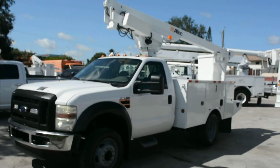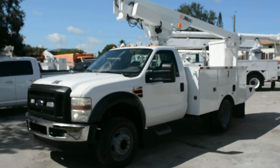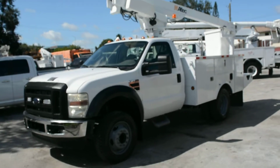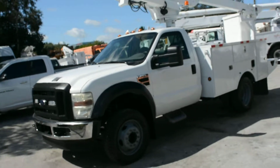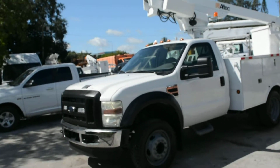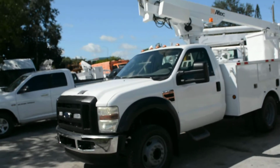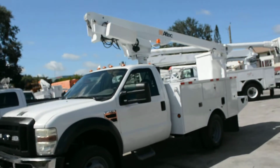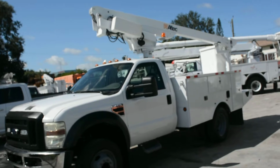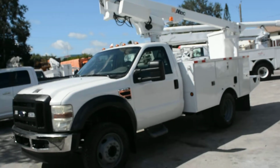American Trucks and Equipment, located at 406 North State Road 7, Hollywood, Florida 33021. You can call or text Anthony Rubio at 954-706-0081. We're going to do a startup and a bucket demonstration on our 2008 Ford F450, the 35-foot working height,